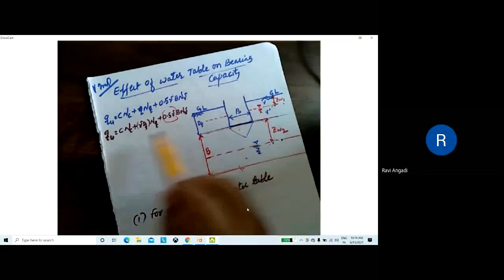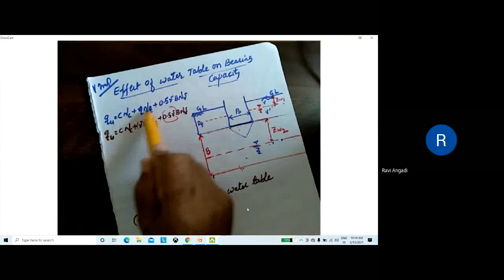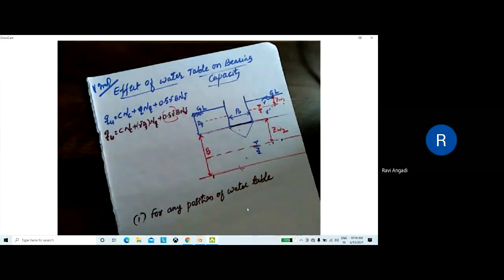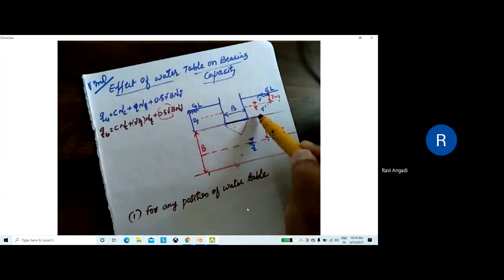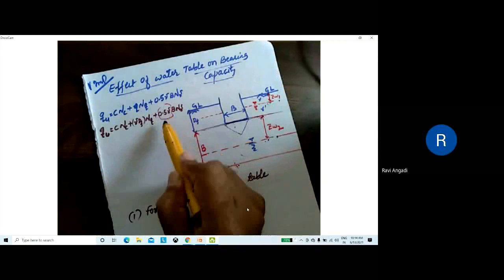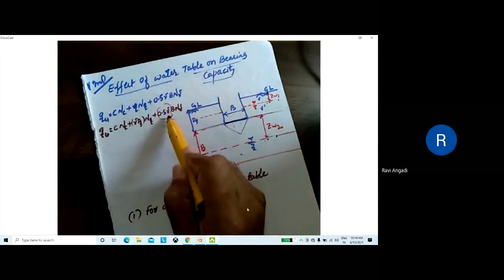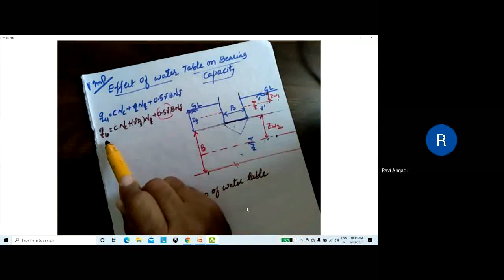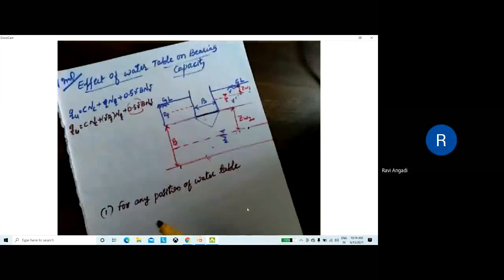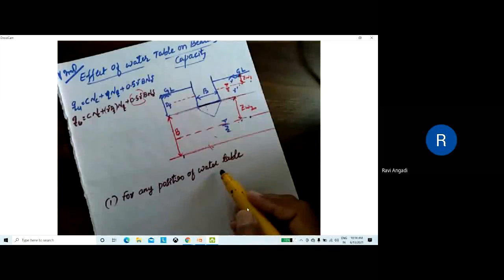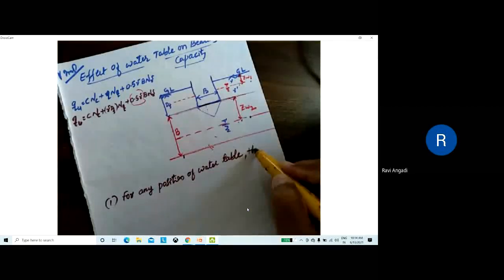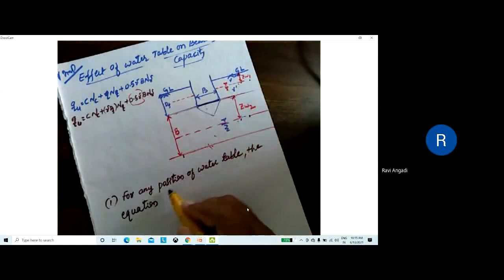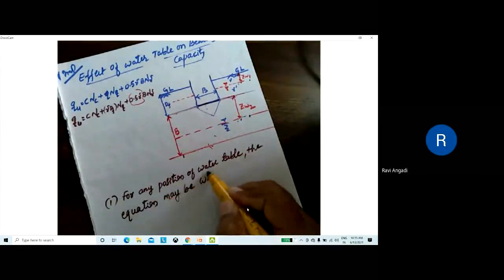Okay. Then this is a general bearing capacity equation according to Terzaghi. Suppose if the water table is lying above or below, the unit weight of soil changes, and that is to be taken into account properly in an equation, and the bearing capacity of soil to be calculated correctly. So now here I'll write, for any position of water table, the equation may be written as